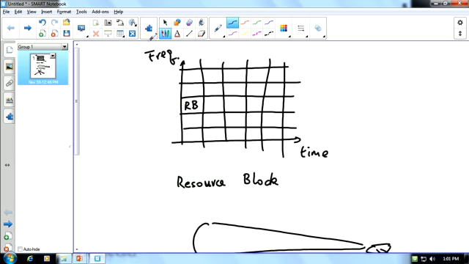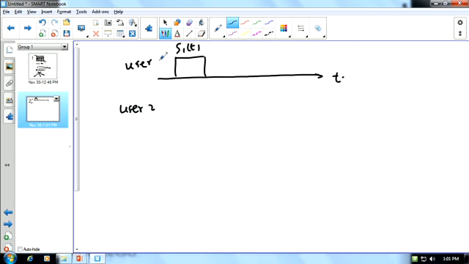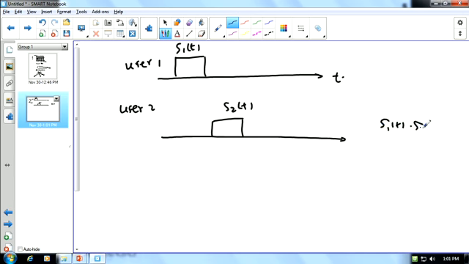One example is TDMA. If this is time, for user 1 this is S1(t), and for user 2 this is S2(t). They do not overlap in time, and if you multiply them together, whether you integrate or not doesn't matter, you are going to get a 0. That's exactly TDMA. But this TDMA can actually be generalized. Another way of doing this is,